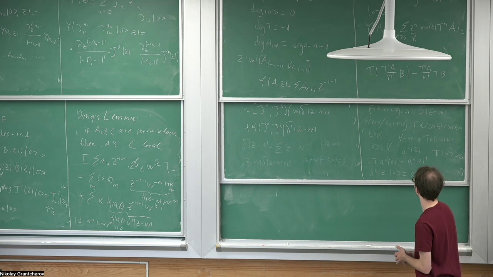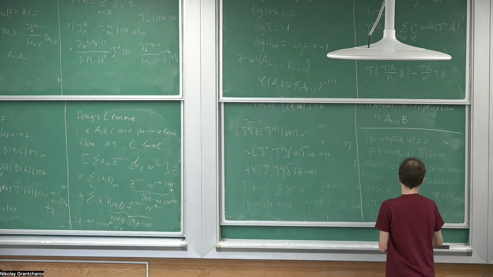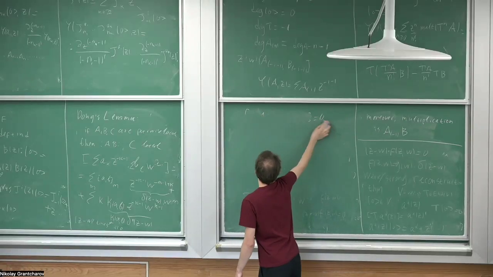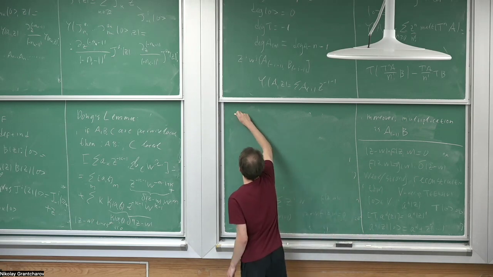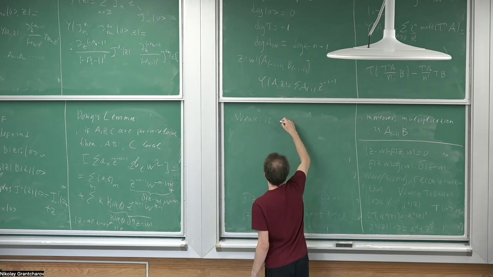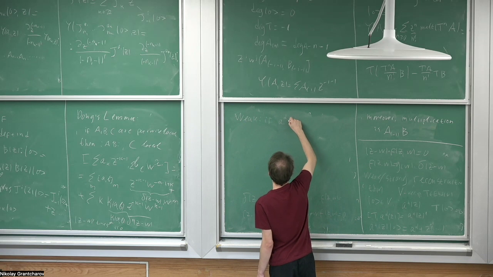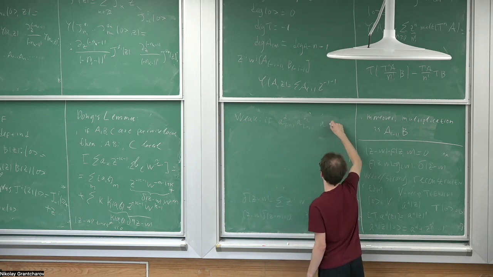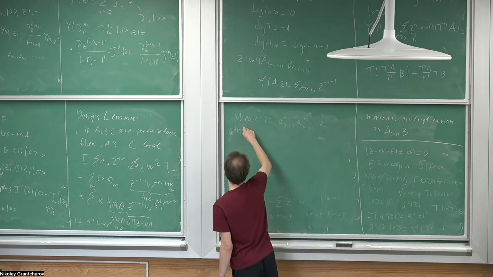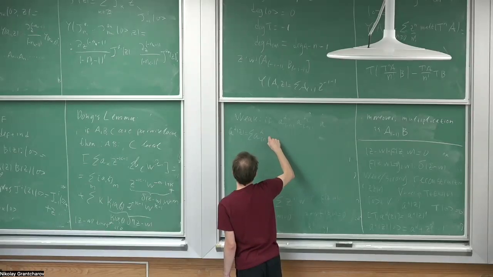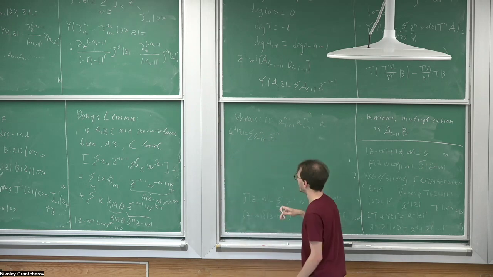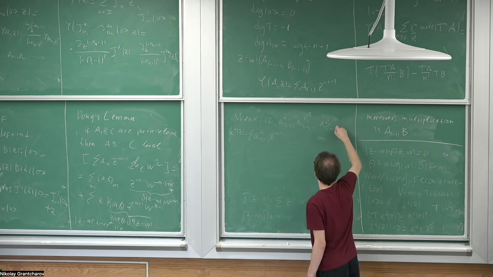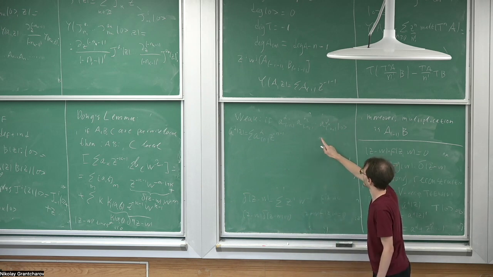The big formulation is that if A alpha 1 of minus n1, A alpha 2 of minus n2, and so on are the homomorphisms corresponding, where A alpha of Z is the sum of A alpha (m) Z to the minus m minus 1, if I have such fields, and if such vectors form a basis,